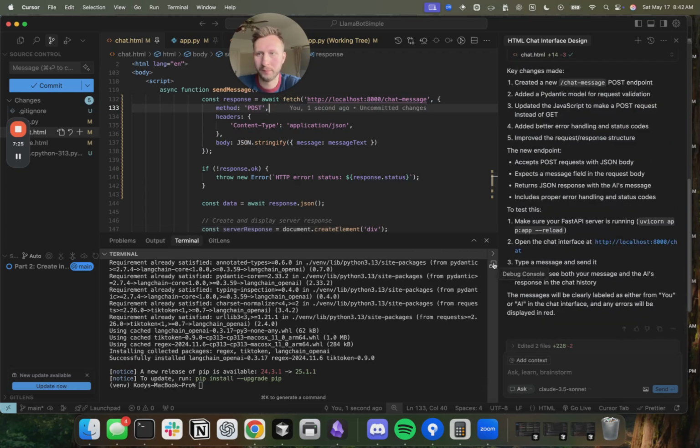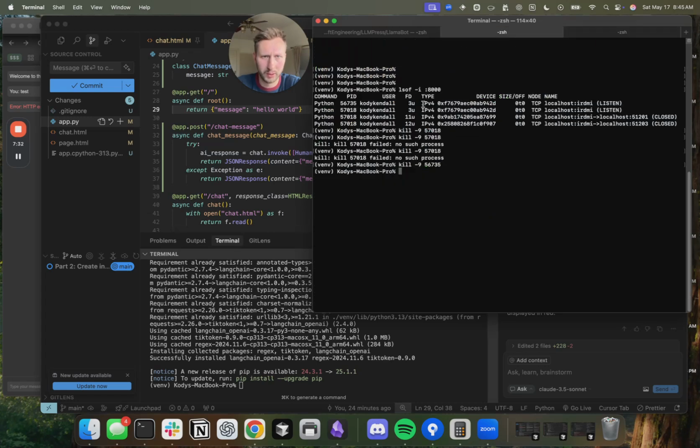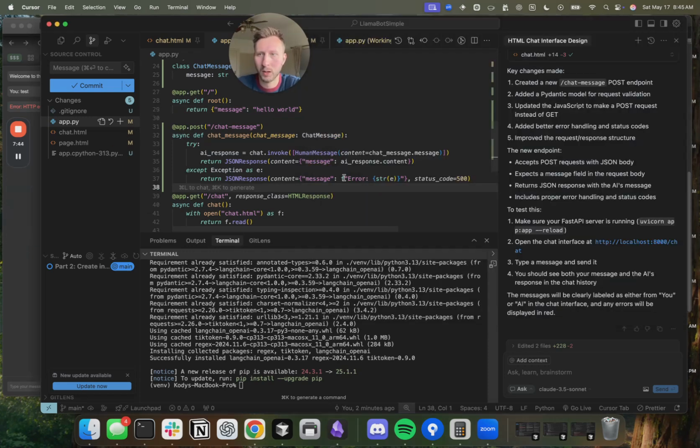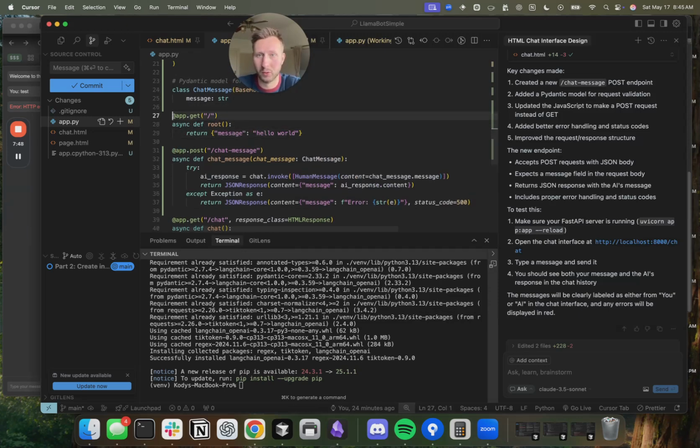Great. Okay, so we had to kill the server. We actually had to kill all the sockets that were listening on port 8000. So I ran this command just to look at all the existing sockets. It was getting hung up and spinning. Sometimes you have to do that if you're using FastAPI. The other thing is I added back this root route that is just a very simple hello world,